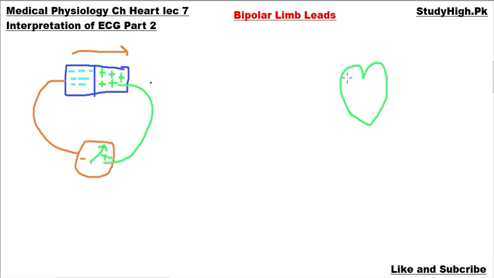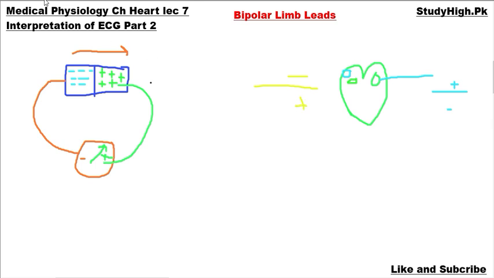As you know, in our heart, the region may be in depolarized or polarized form. When it is in the resting polarized form, its outside will be positive and inside will be negative. Because of initiation of the cardiac impulse, because of initiation of the action potential from the SA node, this region of our right atrium will become outside negative, whereas inside positive.